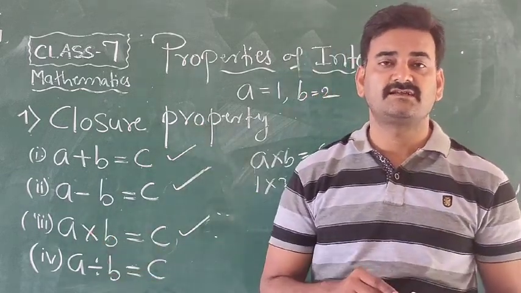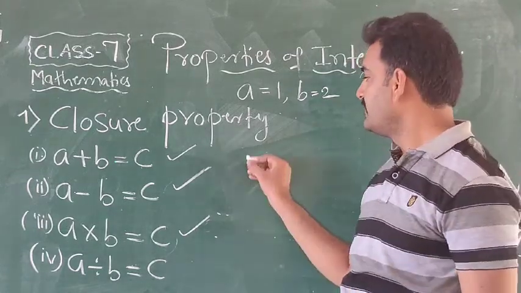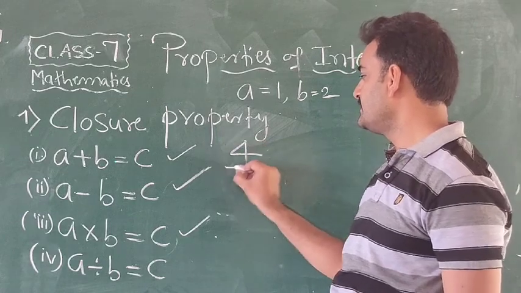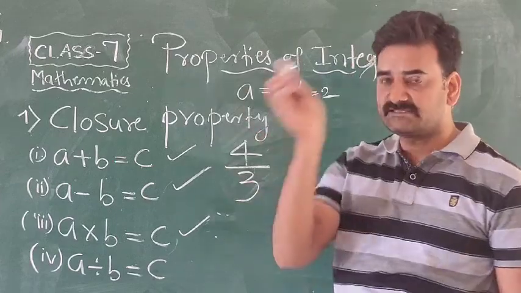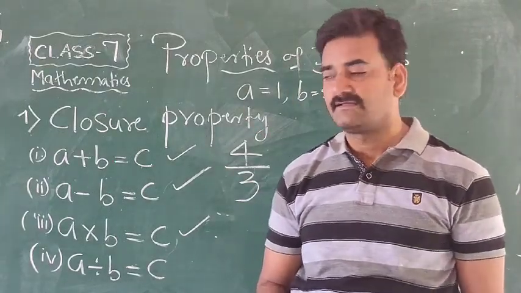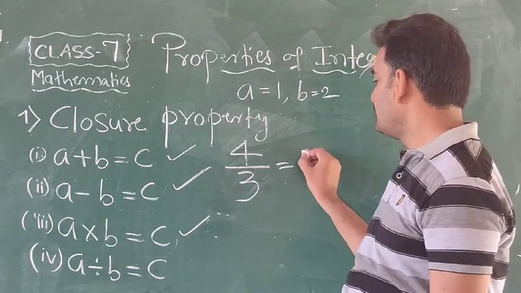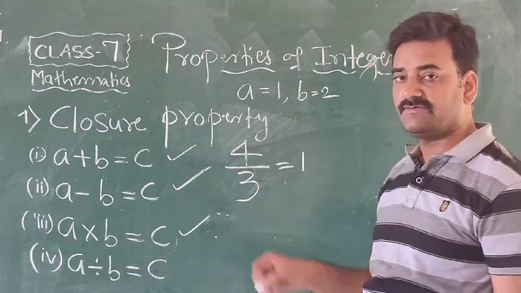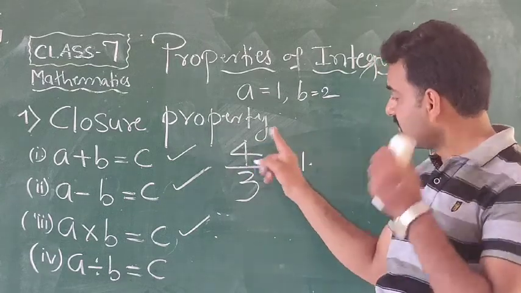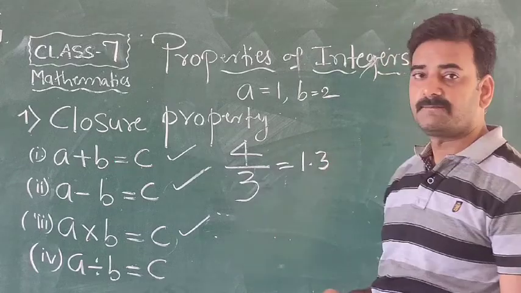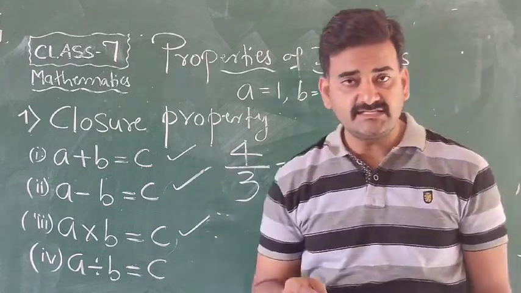Now we are going to check division. Division also the same. Any number you take, any integer, divided by one more integer, say 4 by 3. Now what are we getting? 4 by 3. 3 ones are 3, and 1 is remaining, decimal 10. 3 threes are 9. 3 threes are 9. 3 threes are 10. So it is in a decimal.